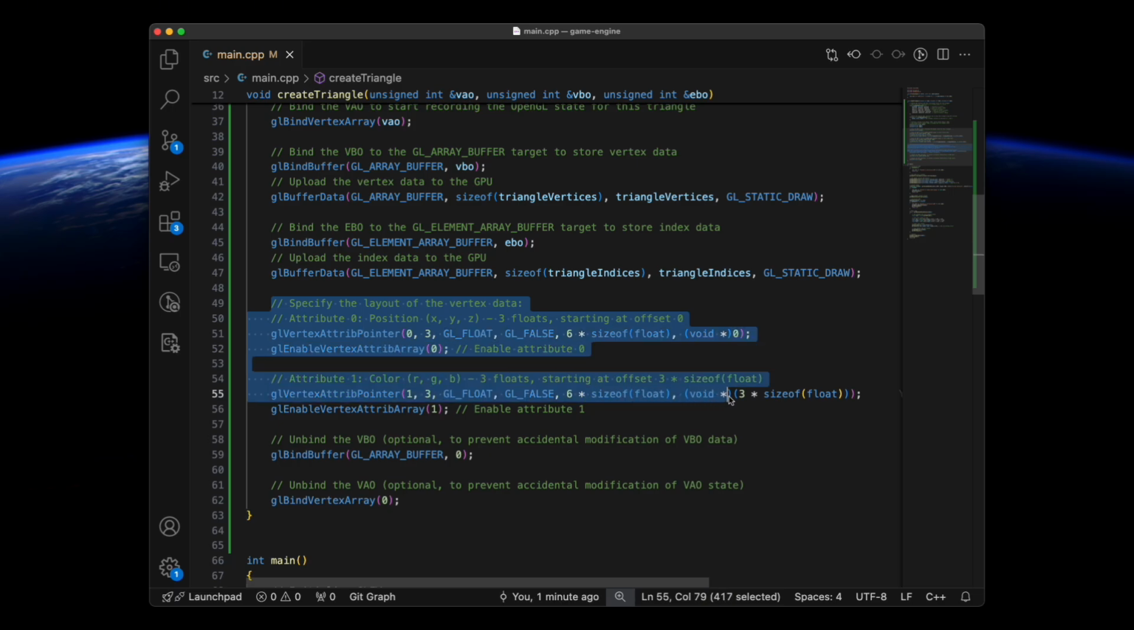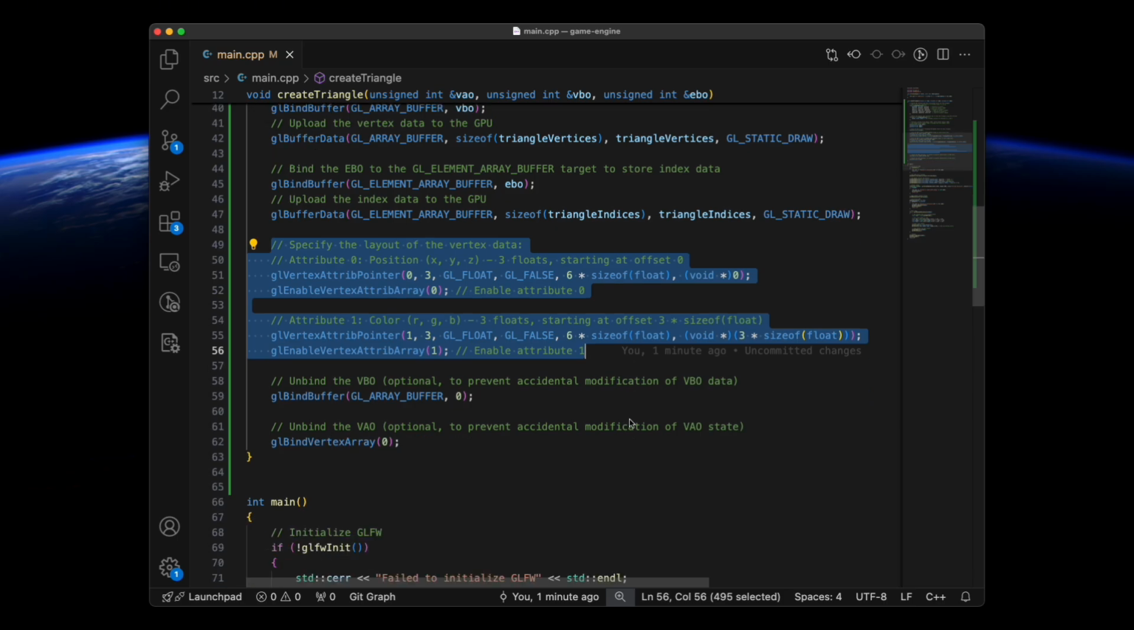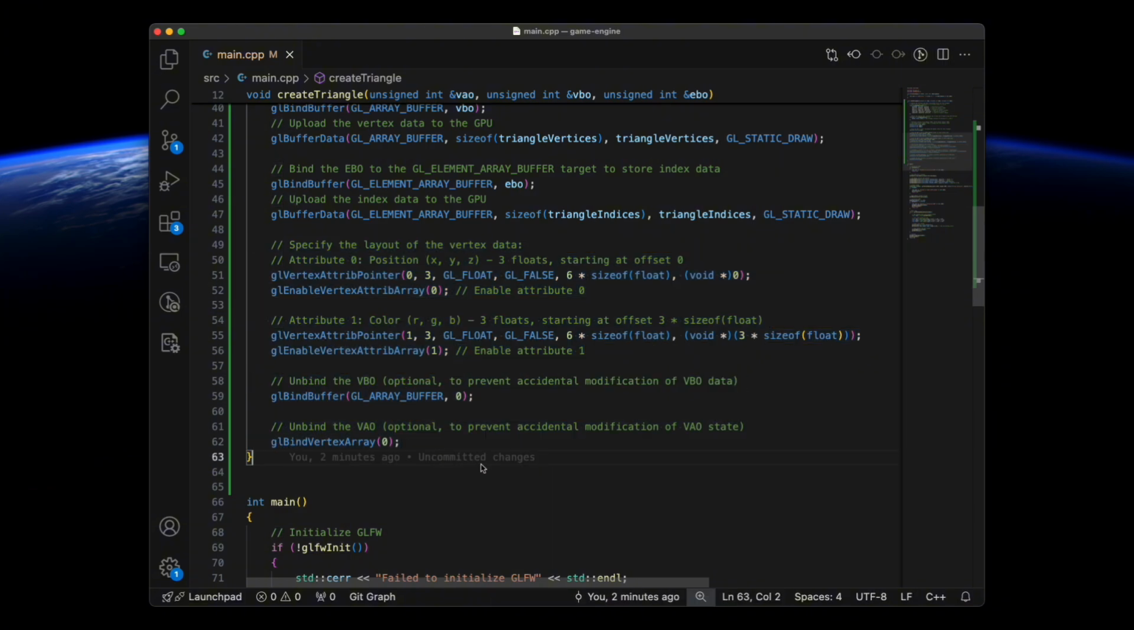The next step is to set up the vertex attributes. This tells OpenGL how to interpret the vertex data. First, we use the glVertexAttribPointer function to define the layout of the vertex attributes. Attribute 0 stores the vertex position x, y, and z, starting at an offset of 0. Attribute 1 stores the vertex color, red, green, and blue, with an offset of 3 floats as it follows the position data. Each vertex has a stride of 6 floats, combining position and color. After defining these attributes, we enable them, and finally, we unbind the vertex buffer and vertex array objects to complete